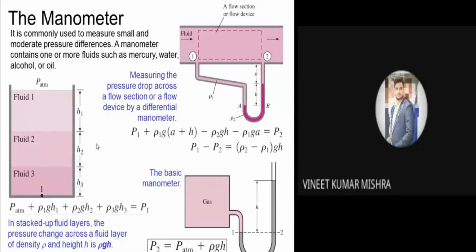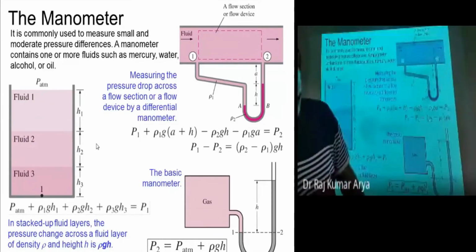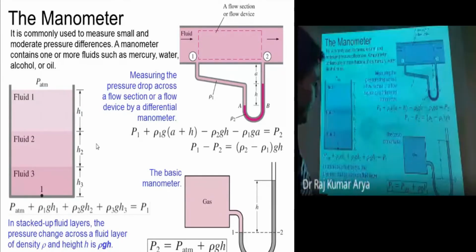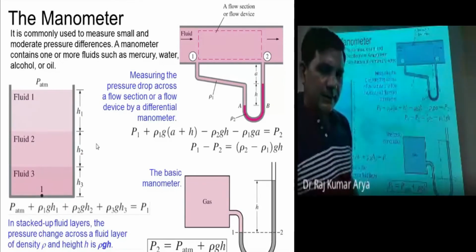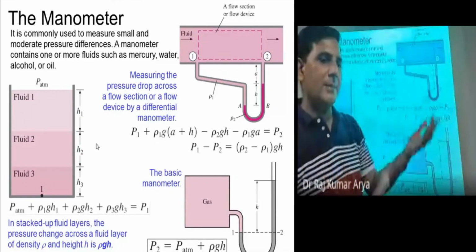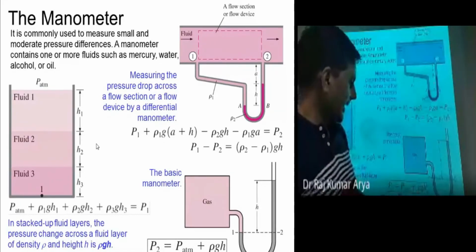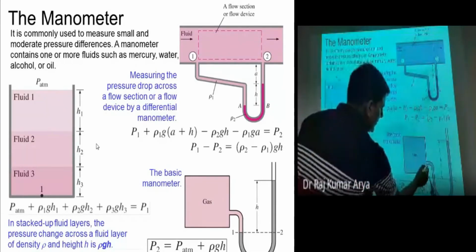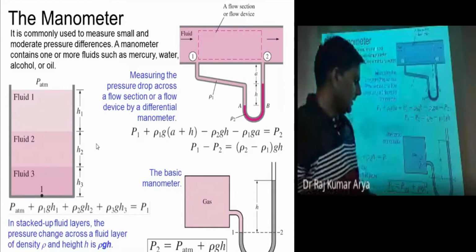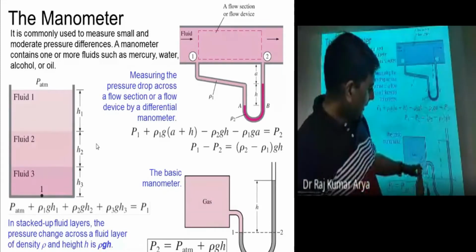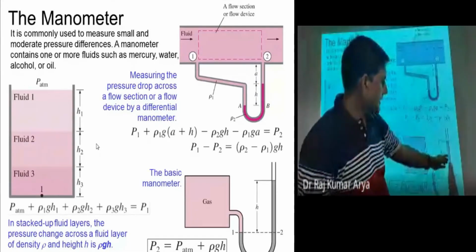So this is one way to calculate the pressure difference in the pipeline, and another one here. Let's say you want to calculate the pressure difference inside a container, or you want to measure how much is the pressure inside a particular vessel. So this is the vessel filled with a particular gas here. So here you will have some pressure, let's say the pressure of the gas here. Now here you have connected the manometer tube, and you just kept it there.